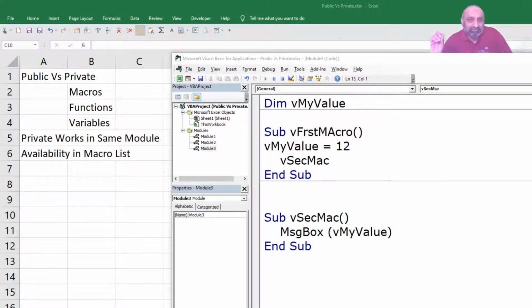So is it going to be 12? Is it going to be blank? What it is going to be, that's your job to find out. So this is your assignment. The third macro is going to be exactly the code of the second macro, that is MsgBox v my value, and you are going to run it, and you are not going to call it from another macro or the first macro.